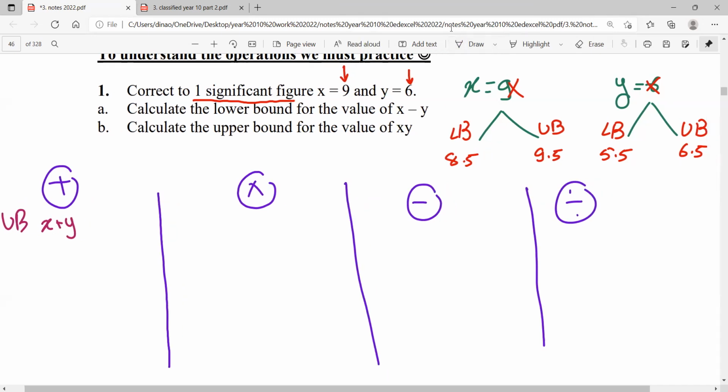يعني إيه find the upper bound of x plus y؟ يعني هات لي bound من ال x وهات لي bound من ال y، لما أعملهم plus بعض يطلع لي أكبر إجابة. Whenever the question is addition and it says find the upper bound of x plus y, I simply take the upper of the x and the upper of the y. باللوجيك يا جماعة، أنا عايزة رقمين يطلعوا لي أكبر إجابة، فأكيد هاخد الupper بتاع ال x plus الupper بتاع ال